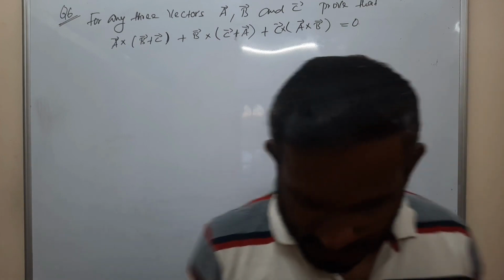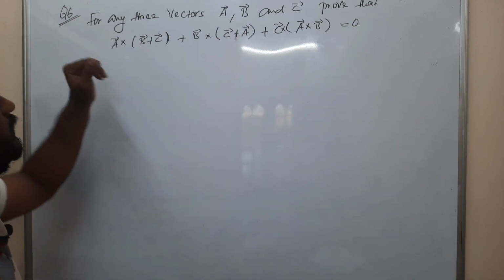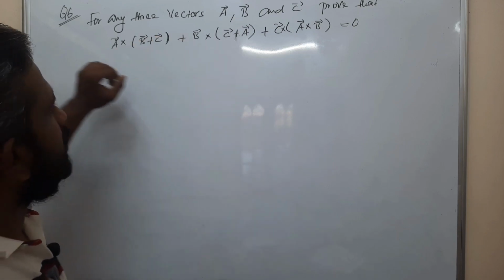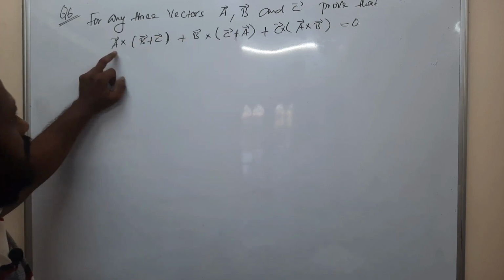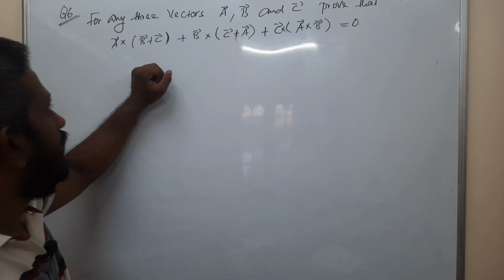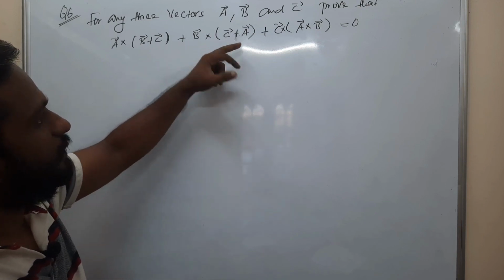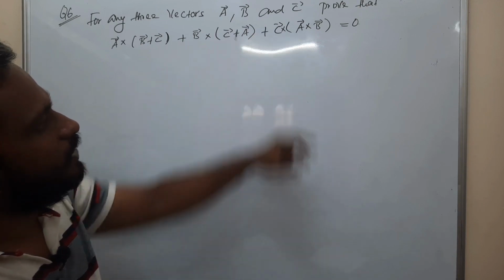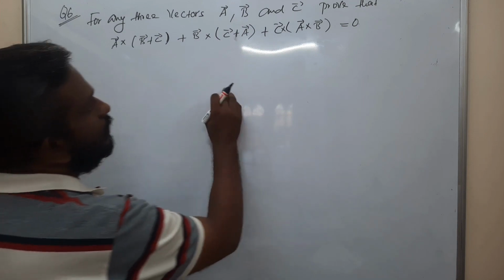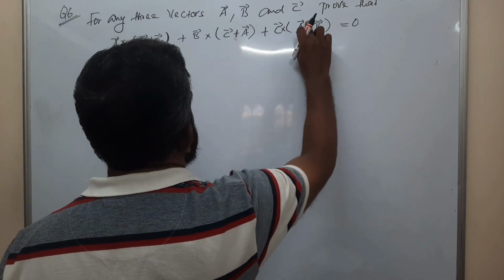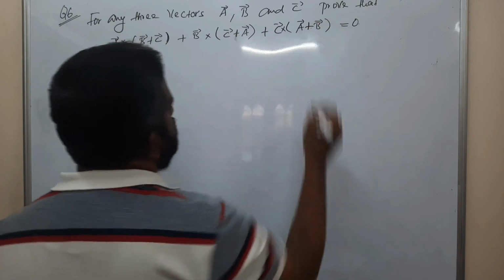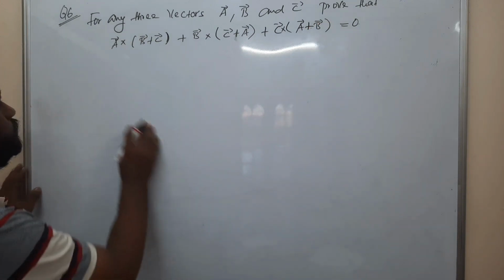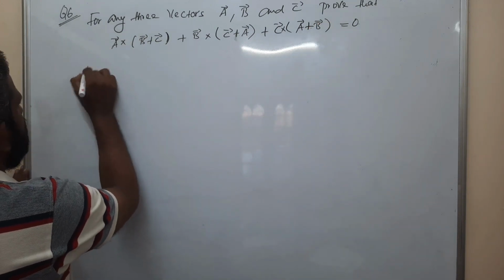So what is given, that is we have to prove, that for any three vectors, A vector, B vector and C vector, we have to show that A vector cross (B vector plus C vector) plus B vector cross (C vector plus A vector) plus C vector cross (A vector plus B vector) is equal to 0. We have to prove this. So LHS,